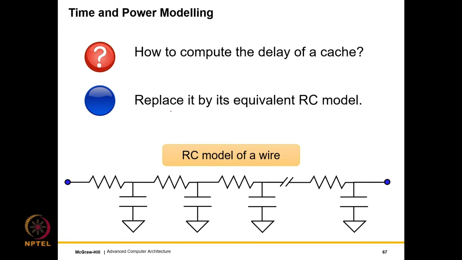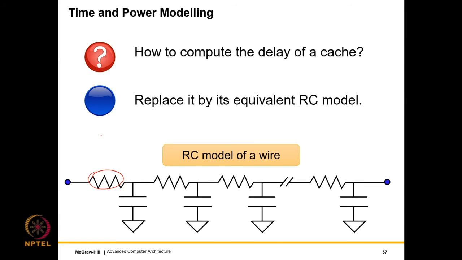So what we can do to compute the delay of a cache, or for that matter any electronic circuit, is that we replace it with a simple model, something that we can actually work with. Because a wire or a transistor, these are very complicated things to work with, so we don't really know how to model them quickly. We can model them, but modeling them quickly is the issue. So we replace a wire with an equivalent RC model that only consists of resistors and capacitors. So we have resistors, which indicate the resistance of a short sequence of the wire. This is the capacitance with respect to ground.